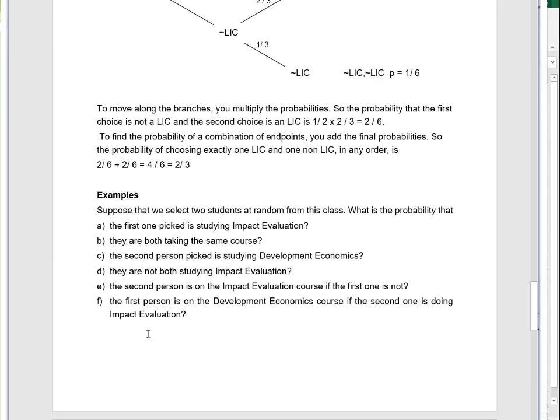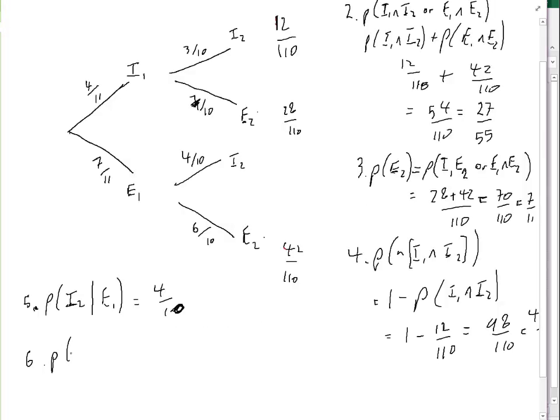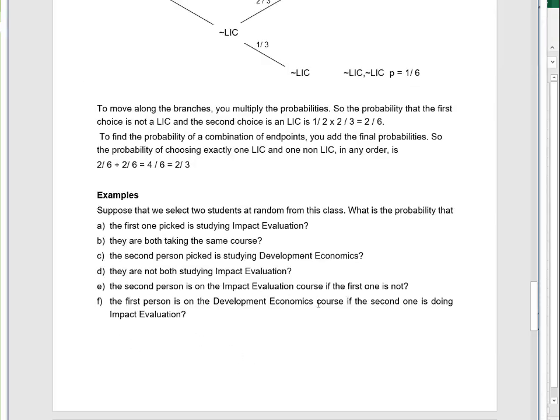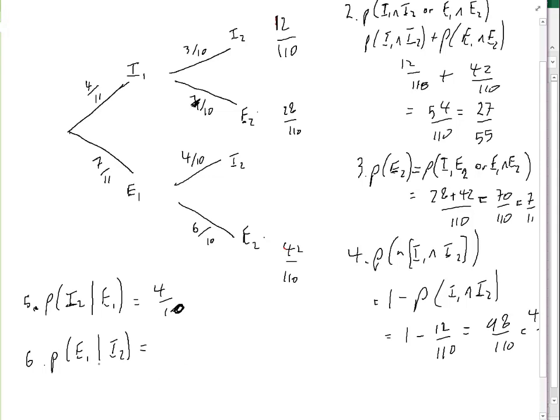6. Final one. Probability that the first person is development economics if the second one is impact evaluation. So in other words, it's exactly the opposite of this. So the probability that the first person was E1, given that the second person is impact evaluation. In other words, you know you're here, or possibly here, one of those two. What's the chance that you actually came down here? The first one is